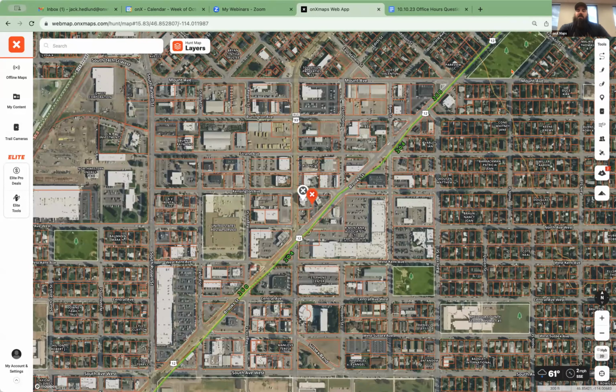Another question, does having multiple states on slow down onX? It really shouldn't if you have a bunch of states turned on in your map layers. We have seen if you have like a lot of states, like you got 10 states turned on, for example, I have seen that where it can, just because it's more data for the app to load, I have seen that slow things down. My general rule of thumb is I generally don't have more than 2, maybe 3 states